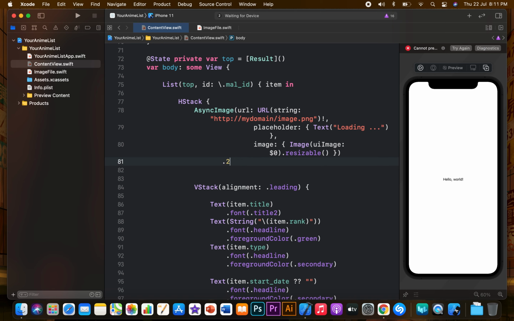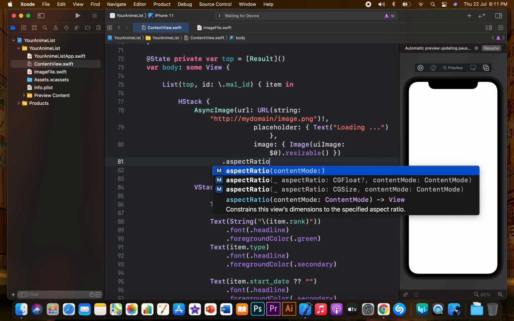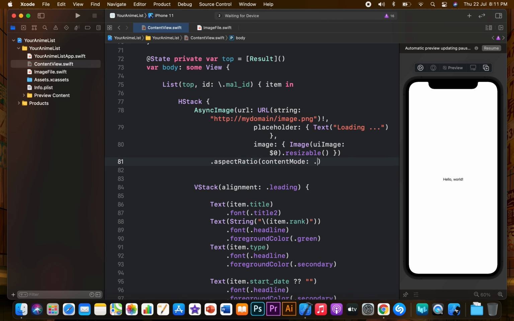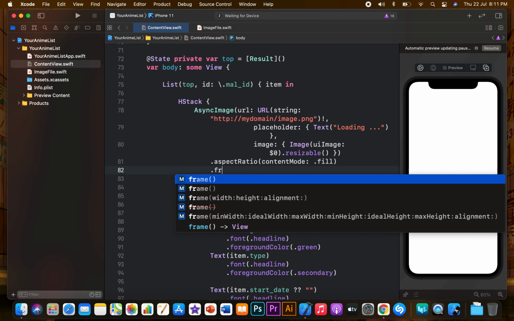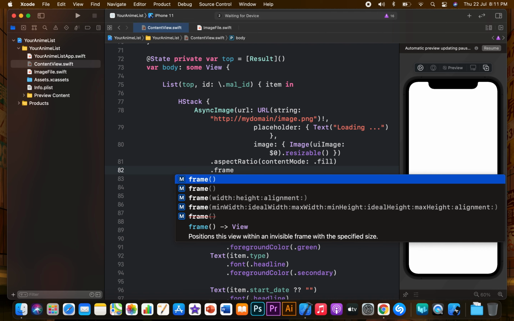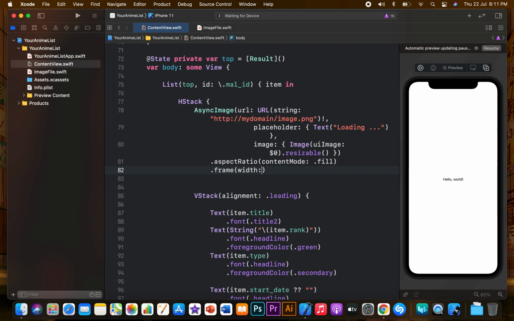So I was thinking of adding three more modifiers to this. One would obviously be aspect ratio, which would be of the type fill in this case, not fit. You could try either fill or fit, but sometimes fill works quite fine, so I'm using fill. Now I would give it a frame width of 100 and height of 100 as well, so it looks quite decent.